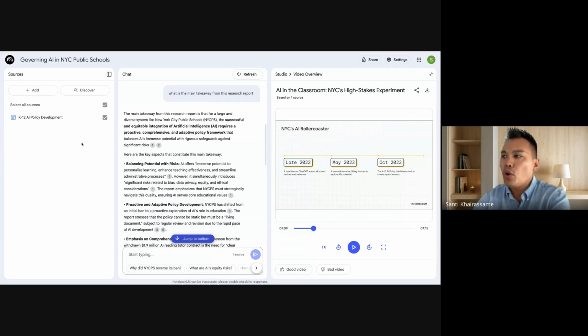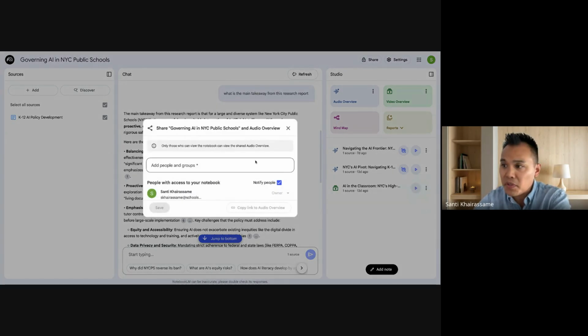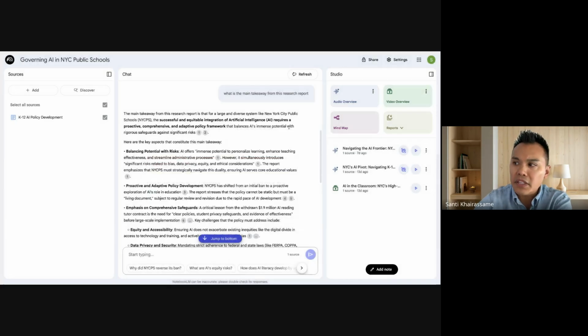So this is all incredible. How can you share the audio or video with students? So I put it in the chat. So this is the audio here. There's 3 dots. You can download or share the audio. I think this is new. I'm not sure if you have student names in here. You would need to test it out, but you can definitely share this with your colleagues, possibly share it with student groups. In addition, you can download the audio and then put it in your Google Classroom. I might do that instead. And then the same thing with the video. Download the video and share the video through Google Classroom. Maybe you have a YouTube channel or what have you.